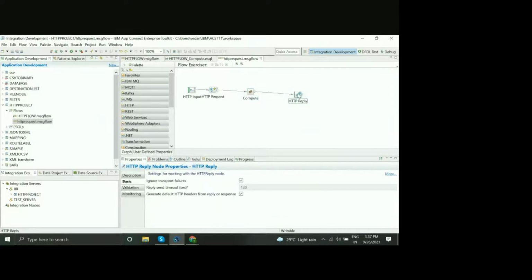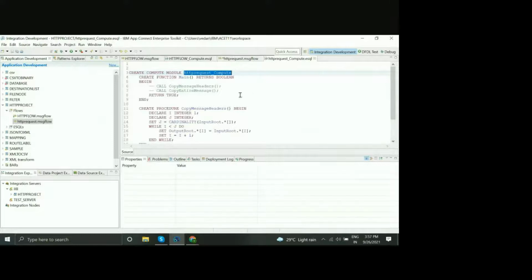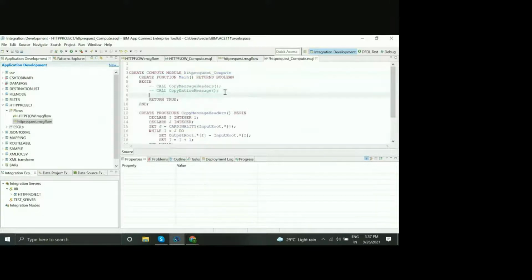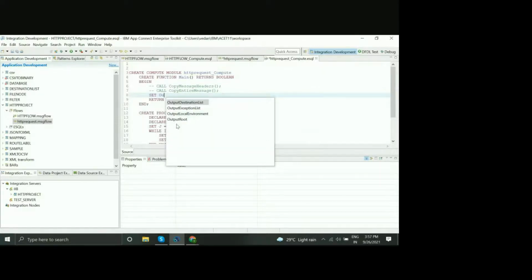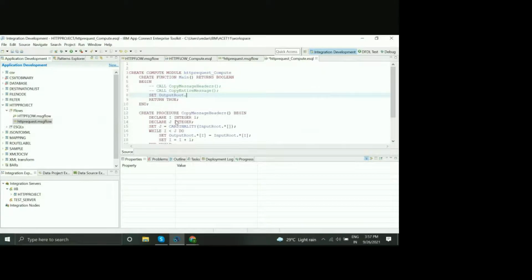Double click on compute and say set output root dot JSON is equal to input root dot JSON, in capital letters.